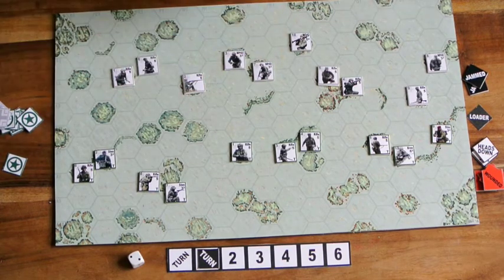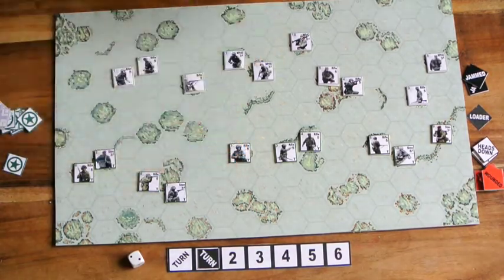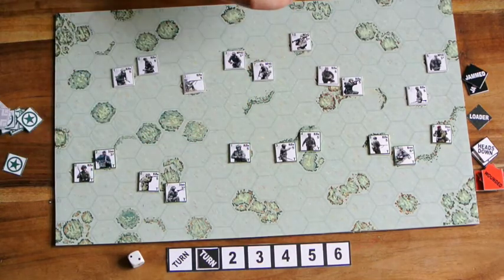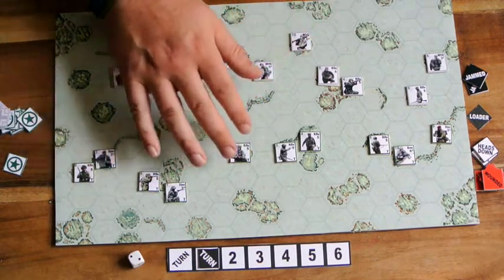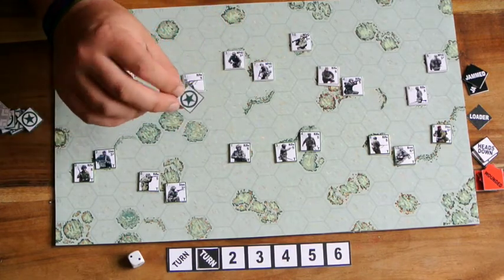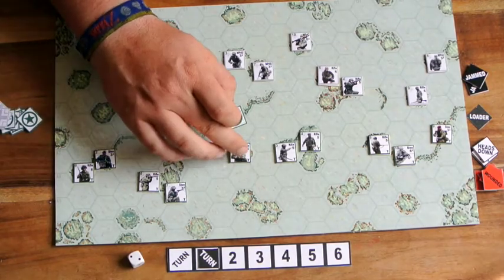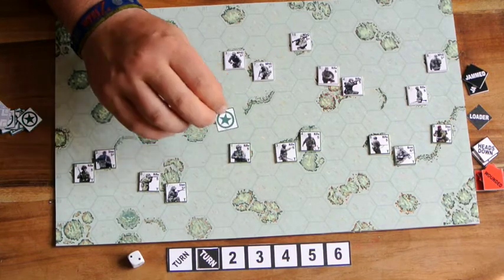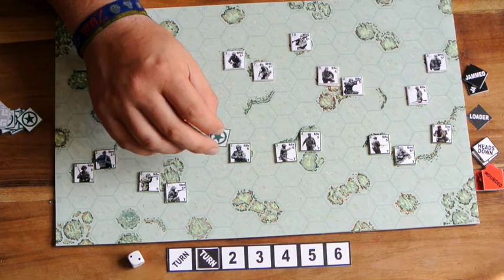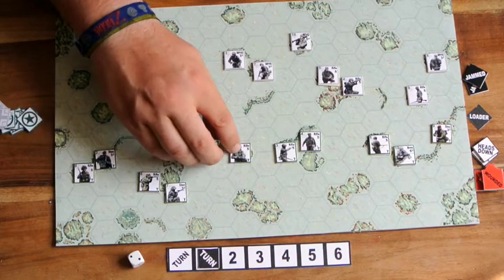So let's talk about the varying actions that a single counter can perform. Now remember, like I said, a counter can only perform one action. Can't perform 2 or 3, just one. When I pull the chip from the cup, and in this example I've just pulled an Allied one, it means I can activate, or give one counter, one action. Now the actions that are open to me as the player are, I can run, so I can move that